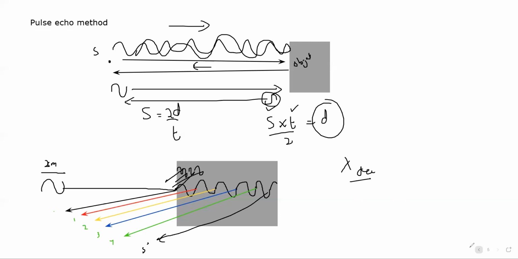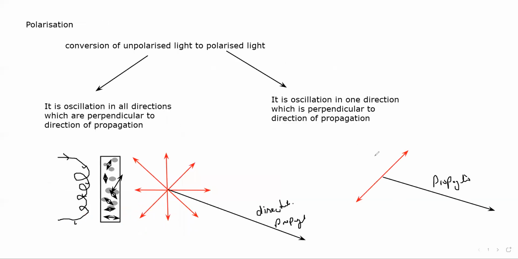So this is it for the class today. Today we discussed standing waves, polarization, the Doppler effect, and the pulse echo method. Next session we will do past paper questions related to waves. So we are done with the waves topic. The last topic will be about light, and then we'll finish unit 2 as well.